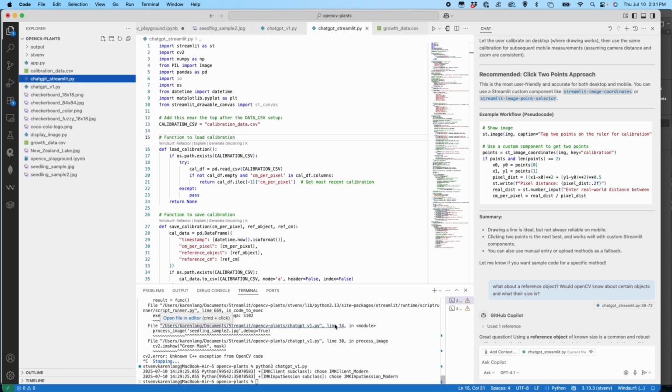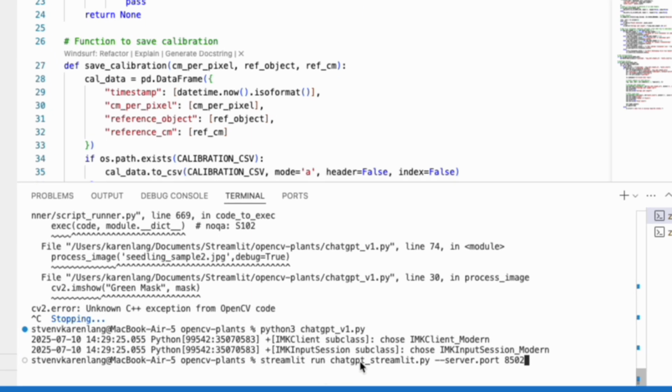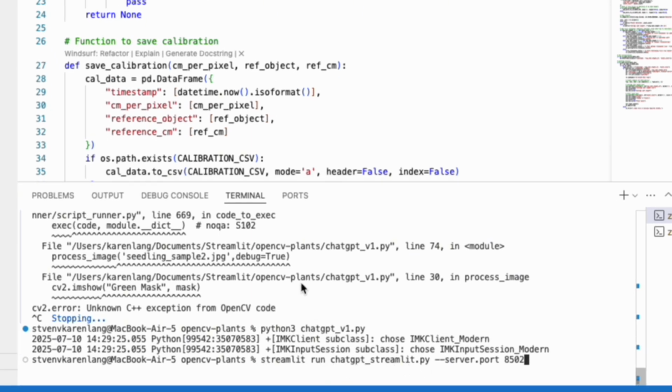But now at this point, I'm shifting over to the phone. Now running this and getting it to show up in a phone was a tricky process. So when you normally run a Streamlit app, it does streamlit run and you give it the name of the Python file. So this is my file, ChatGPT Streamlit.py. Then I wanted it to show up on my phone. So in order to do that, I had to add this code, minus server port. And normally it runs on port 8501. It was giving me trouble, so ChatGPT suggested I move up to 8502 as a port. And then if I run it,